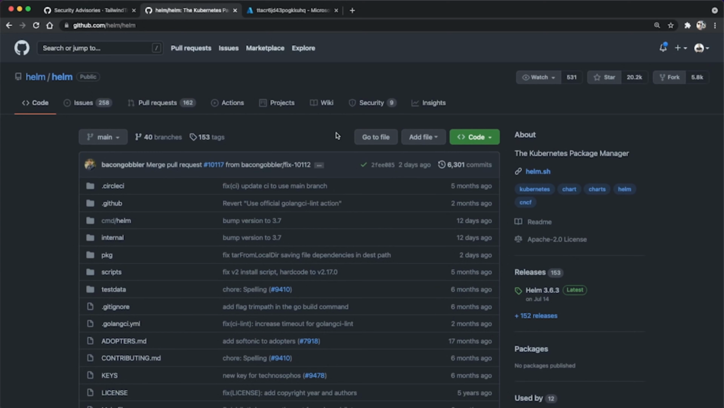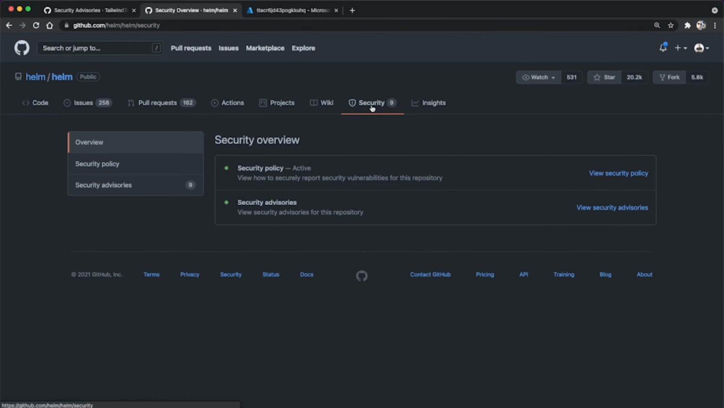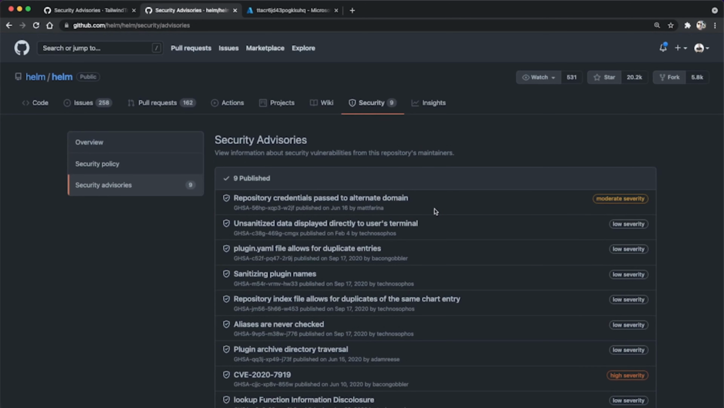We have companies around the world that contribute to this project, and as a result, it's also an area where there can be a great deal of security concerns. We can see which security advisories exist for Helm, and there are 9 at the moment, ranging from low severity